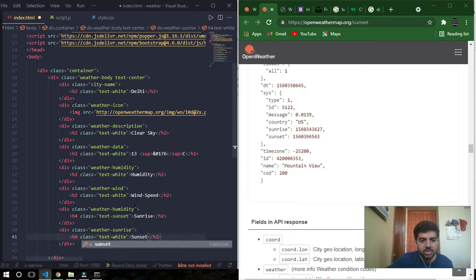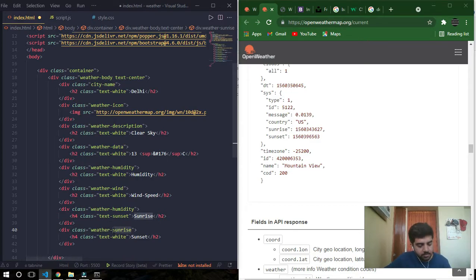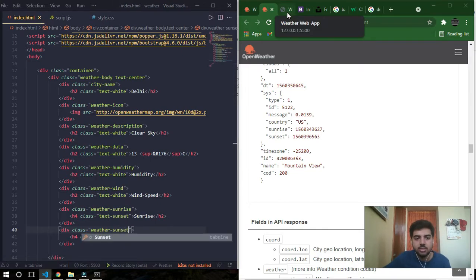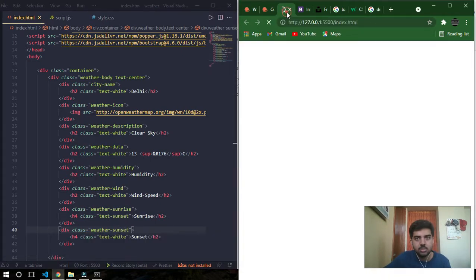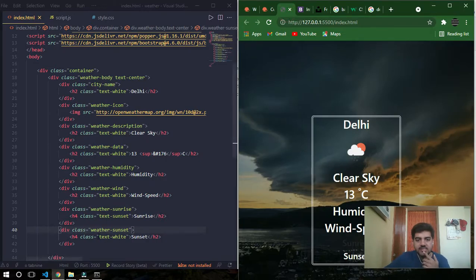So actually the sunrise and sunset times are not given accurately, they are in UTC time. Then we need to convert it to Indian Standard Time. Sunset. So we can see that